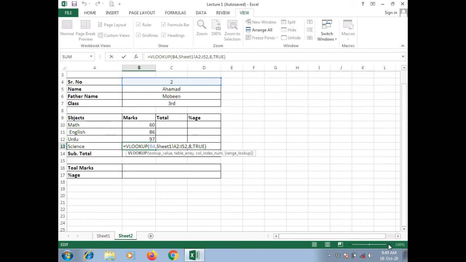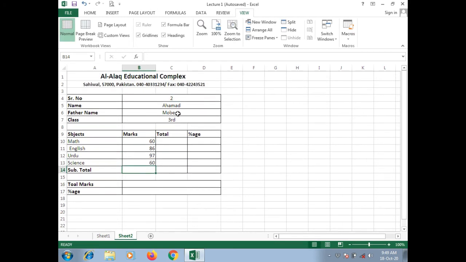This is the formula, B2 and then the table array, Sheet 1, A2 to I52, then column index 8, and then exact match true. So then close the bracket, we will enter it. So in this way, it is automatically fetching the values of that roll number 1.